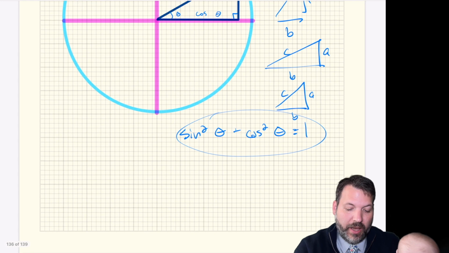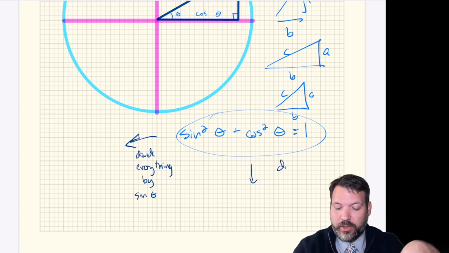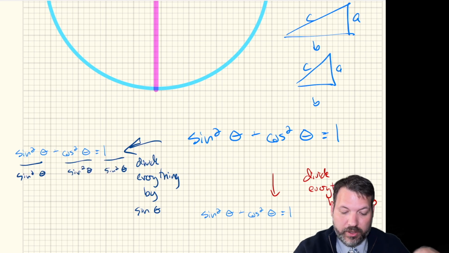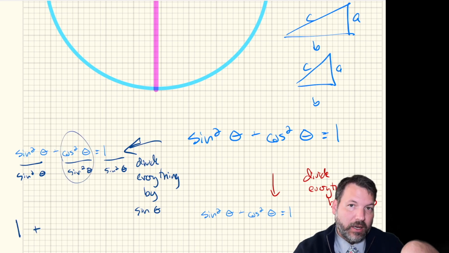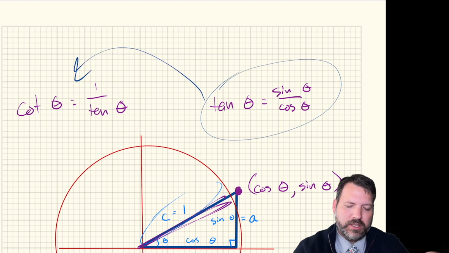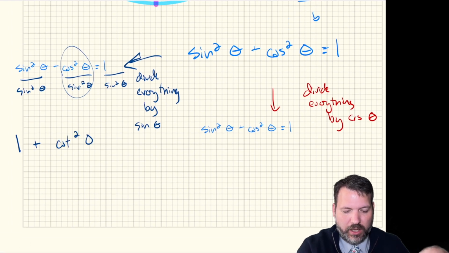Now, in addition to that, we can take this and we can go 2 different directions. One is we can divide everything by sine squared theta, and the other direction is we can divide everything by cosine squared theta. So what does that end up looking like? If we divide everything by sine squared theta, 1 over itself, of course, just ends up being 1. Cosine over sine, well wait, that was the reciprocal of tangent, right? And we said the reciprocal of tangent was cotangent. So this must be the same thing as cotangent squared theta.